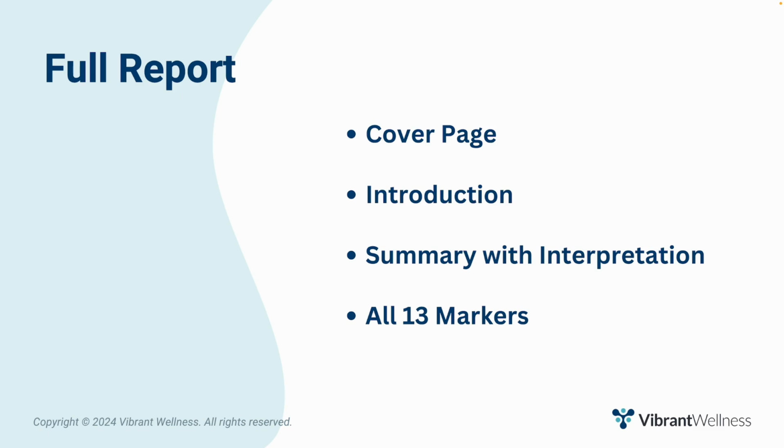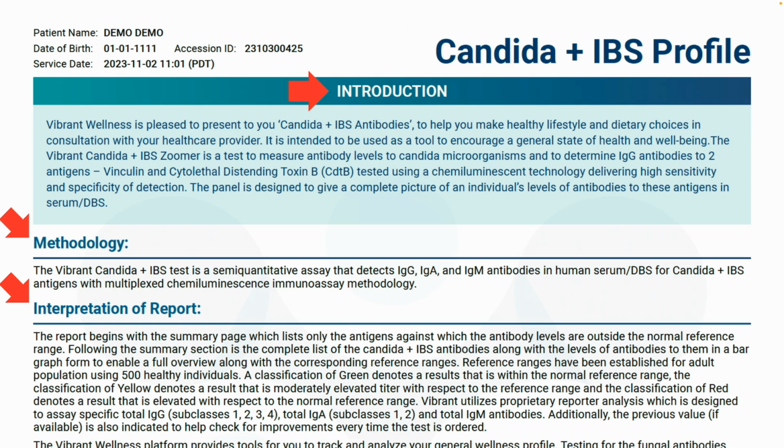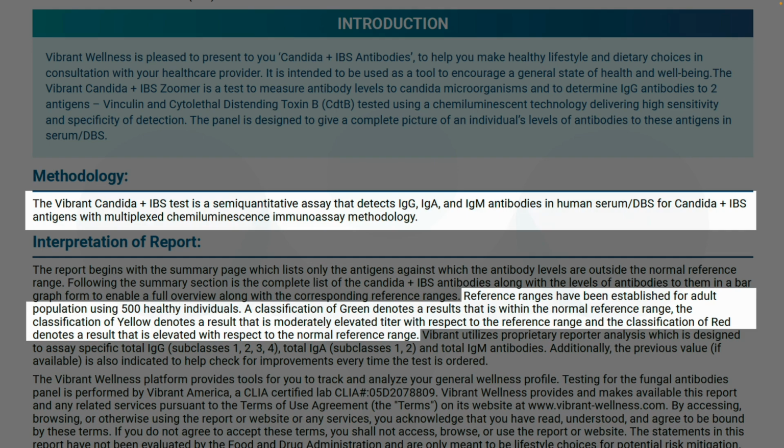Let's start with a quick overview. The Candida plus IBS profile sample report includes a cover page, introduction, summary, and then lists all 13 markers. The cover page lists the sample type and the results interpretation key. The introduction page includes the methodology and interpretation of report, and I highly recommend reading this page, especially the part